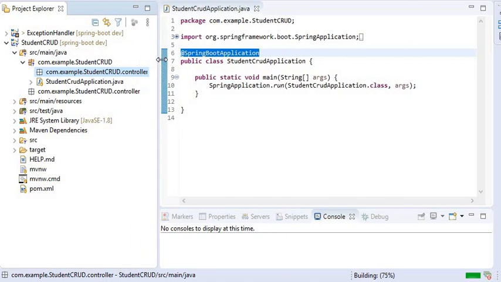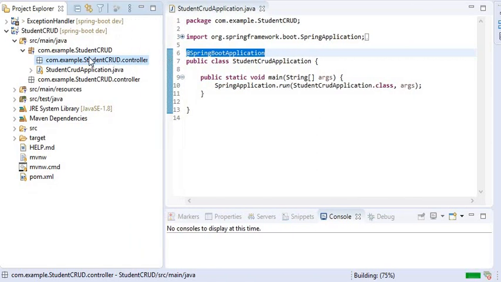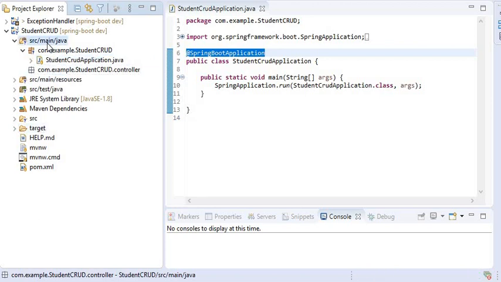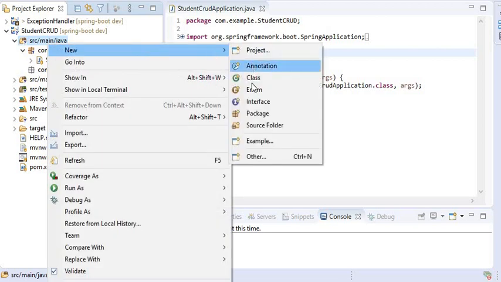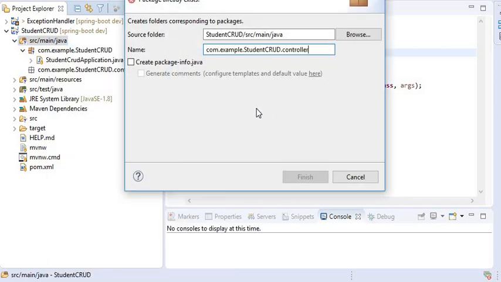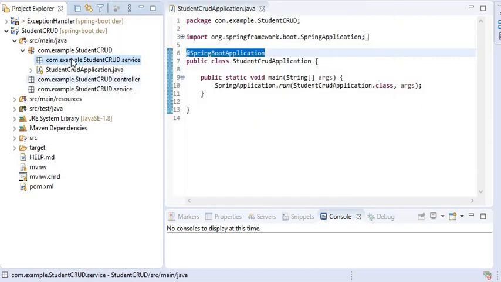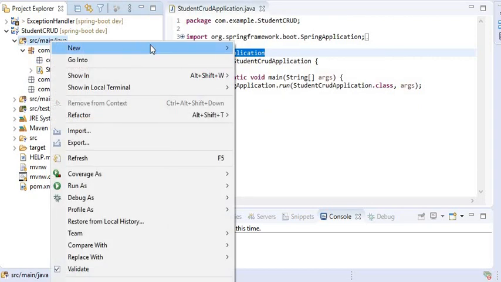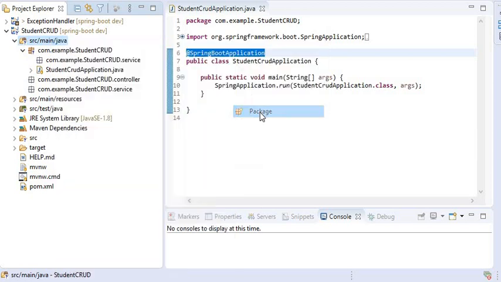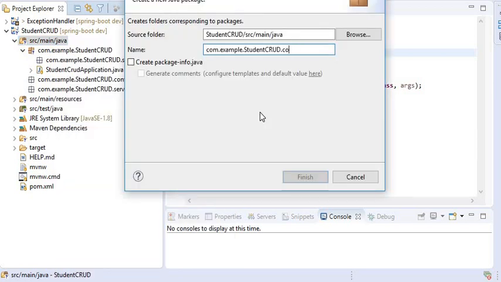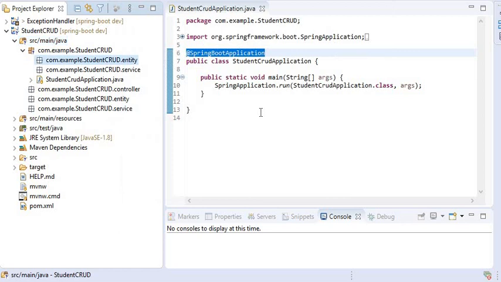Like this, we need to create a service package and an entity package. New package, and it will be the service layer. Like this, I will create one package for entity, and one more package for the DAO layer.